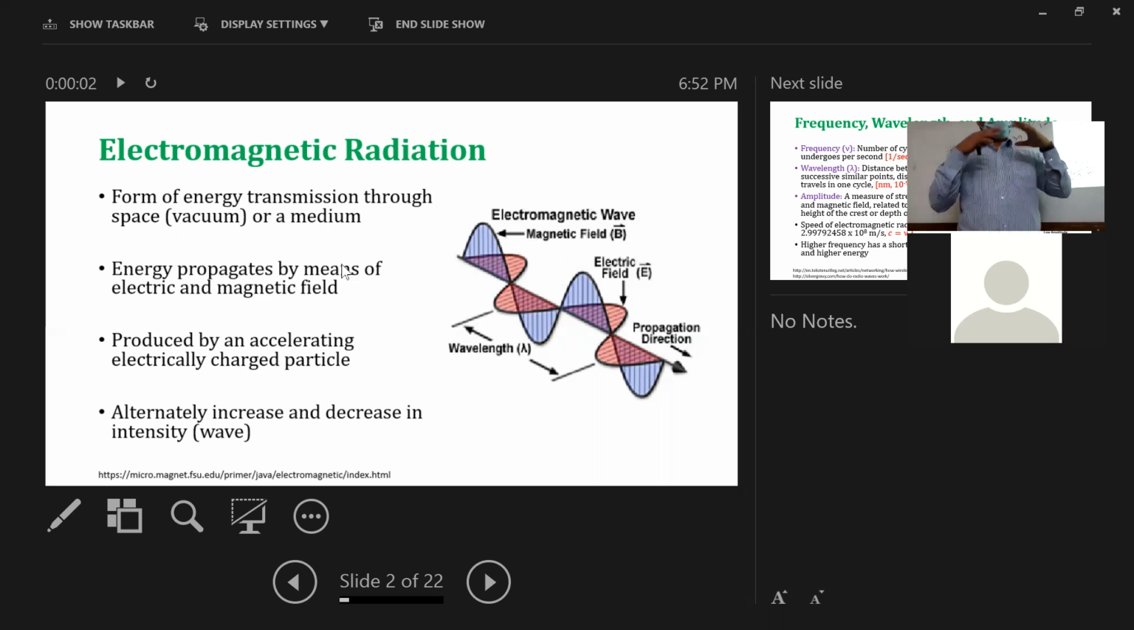Therefore, the light is a form of energy, or electromagnetic wave is a form of energy which does not need any medium to transfer. Okay? It can be a form of energy transmission through space or vacuum. That means vacuum, this is another very good term. I have used a very high vacuum